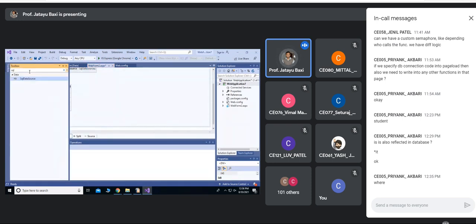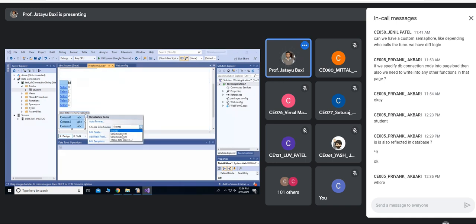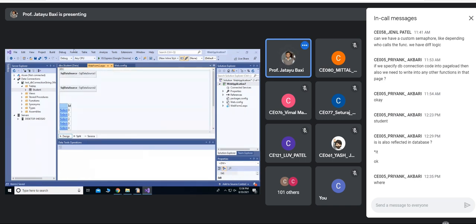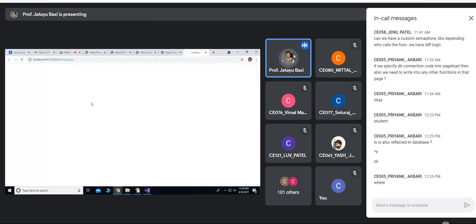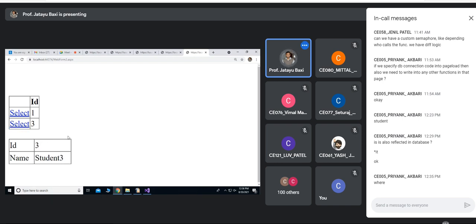Now I'll put the details view and bind the details view with second SQL data source, which has a where kind of query. Okay. So bind this details view with second SQL data source. Now let's see what happens here. Okay, so nothing here because I haven't selected anything. Now if I select this, I get this, right? Still for doing this, we have not written any code.